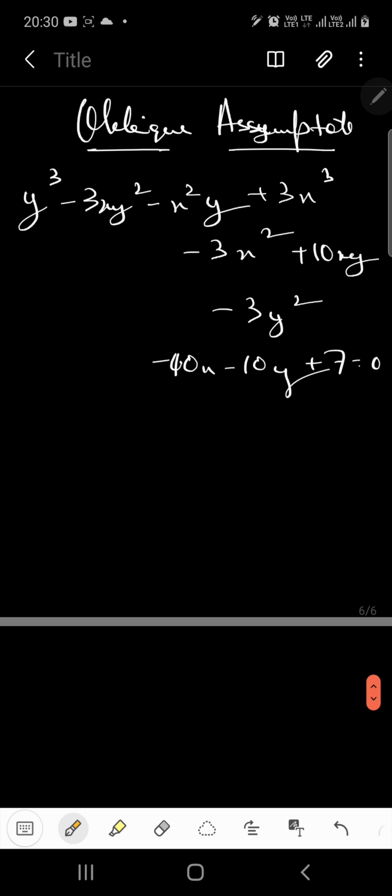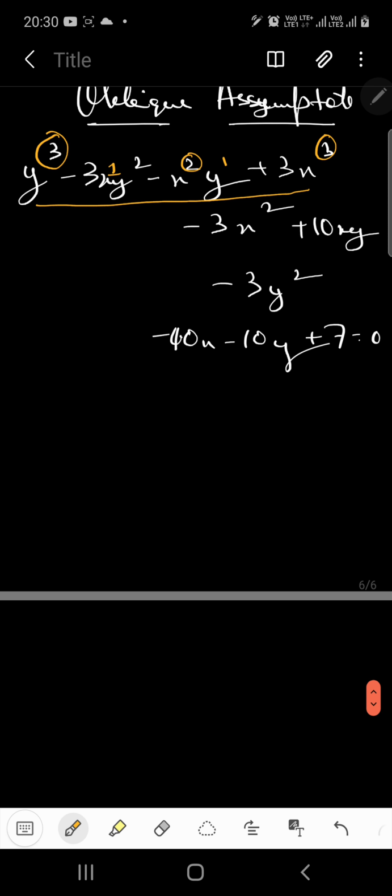First we will be separating this curve into individual functions of like powers. Here we have a power of 3, here we have x to the power 1 and 2, so they complete the total to give you a power of 3. Here you also have 2 and 1, totaling a power of 3. Here you also have a power of 3. So this portion basically gives you a function of power 3.